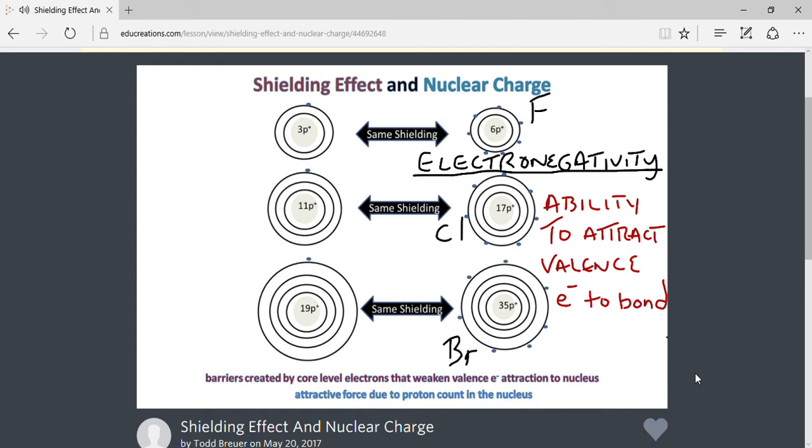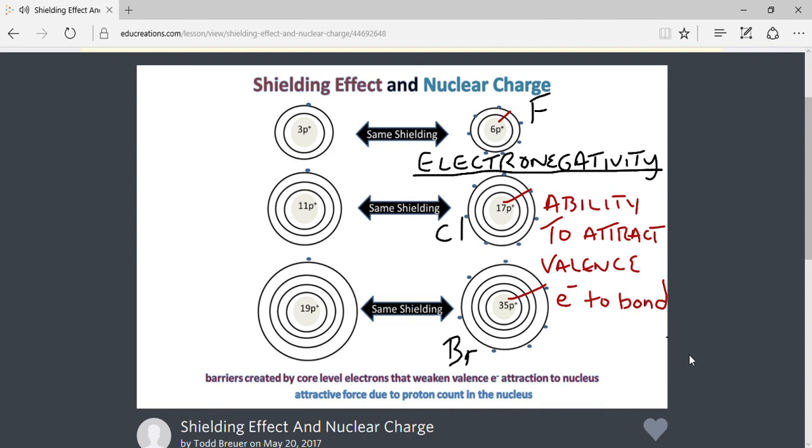Let's first look at the distance from the nucleus to the outermost level called the valence electrons. We can see this distance for bromine is the greatest distance, which means there would be the weakest attraction from the nucleus to the outermost energy level. We would therefore think that the electronegativity for bromine would be less than it would for chlorine and for fluorine. This distance is affected by the concepts of shielding and nuclear charge. Therefore, the ability to attract valence electrons into a bond would be greatest for fluorine, followed by chlorine, finally by